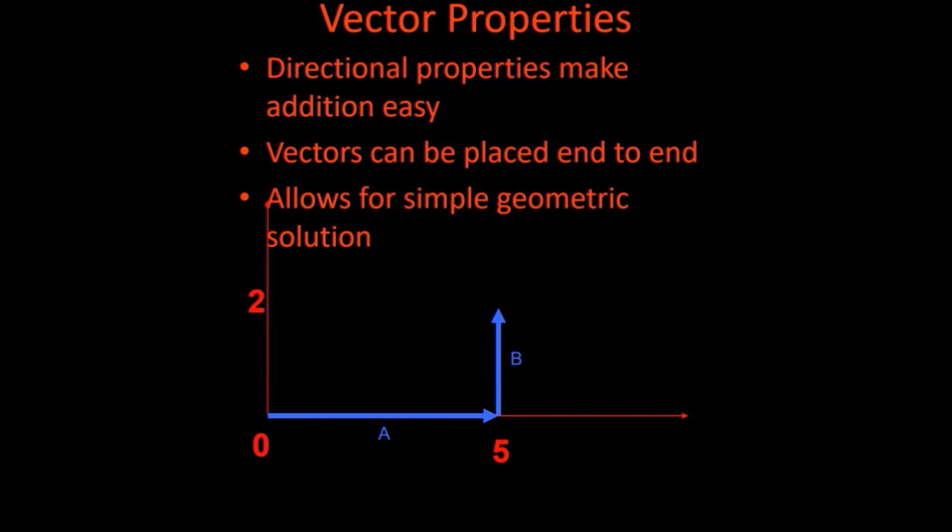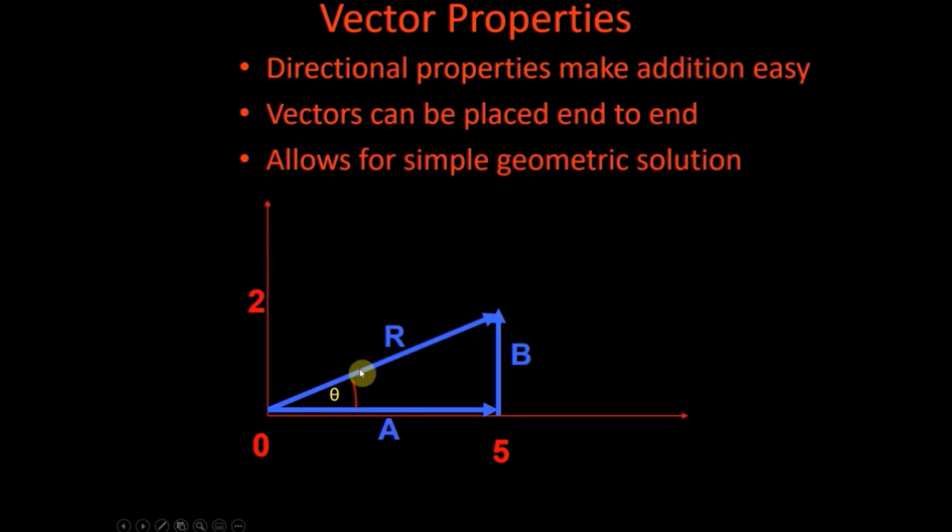So as we've previously discussed, the directional properties of vectors are particularly useful and allow us to make geometric solutions. Here we have a vector of 5 in the A direction and 2 in the B direction. If we wanted to find the distance after two displacements, so if we take a displacement of 5 meters in A and 2 meters in B, if we want the total displacement from the origin, we would of course have